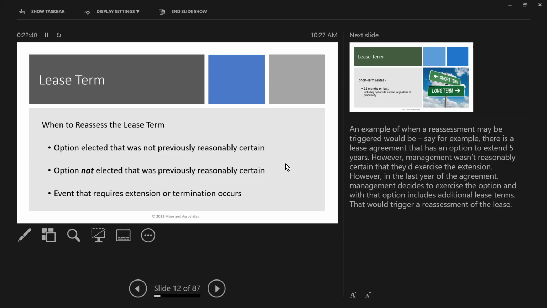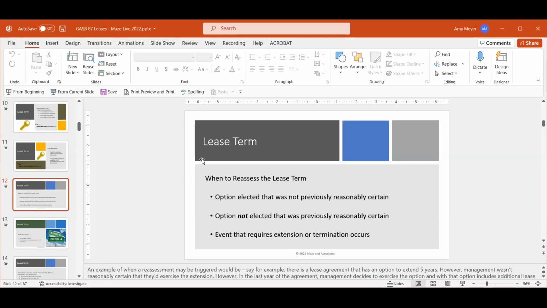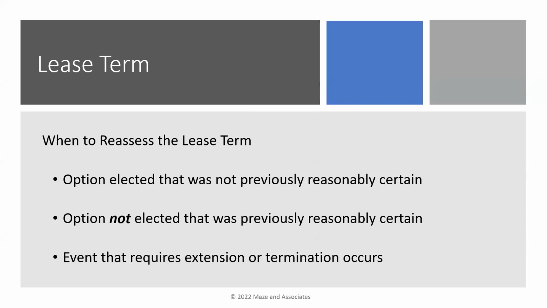Oh, thank you, Stephanie. I'll have to figure out how. One second. Hide presenter view. Sorry, we're just having a little technical difficulty here. Let's see. My share went away. Let's try it again. We are on slide 12 on the current slide. Okay. Can you see the notes now? Okay, I think we're okay.